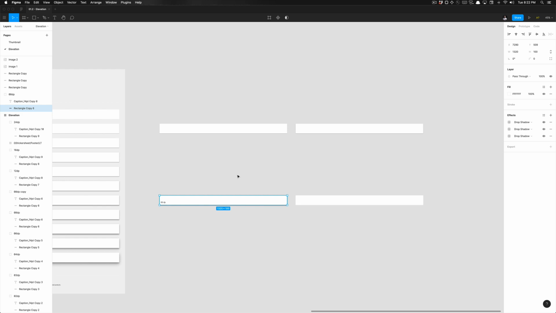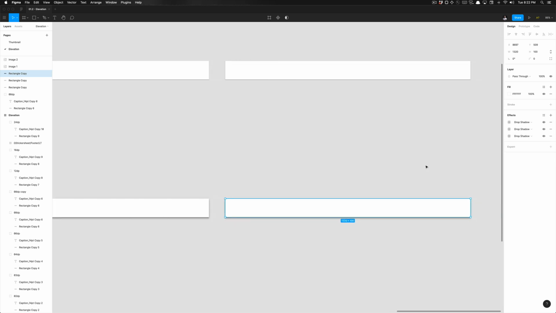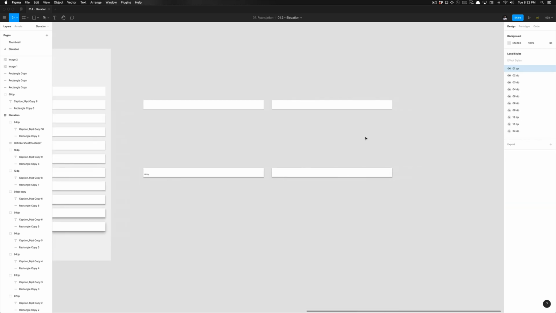Option Command C. And what that allows me to do is copy all of the styles associated with the object I selected, which is the rectangle, and then I can paste those over to my new object by clicking on this rectangle and then hitting Option Command V, and it pastes those exact drop shadow values. You notice that when I pasted it, it implemented those new drop shadow values,